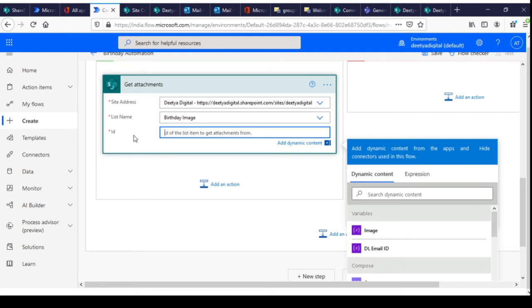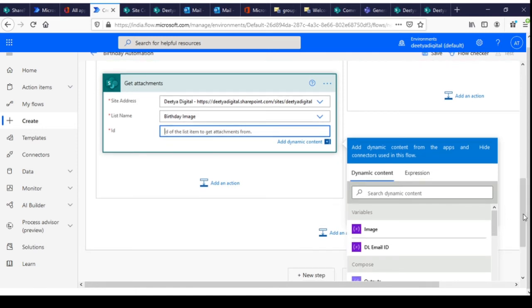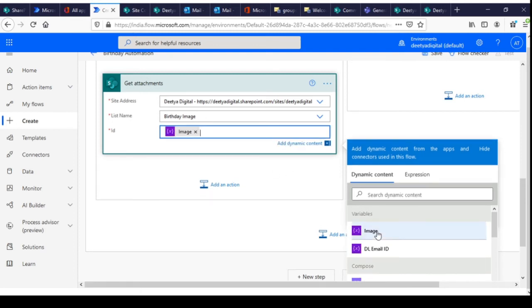So you remember that we created one variable, and that variable is an integer, and it contains a random number between 1 to 10. So why 1 to 10? We have added 10 records in our image list, and our record names start from 1 to 10, right? So we are going to select the image variable here.